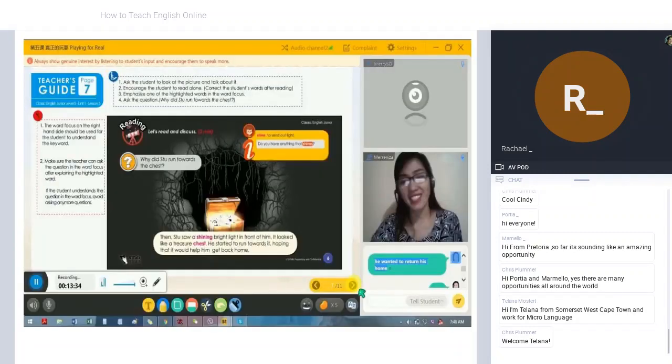So I just wanted to give you a quick look at what the inside of a classroom looks like, or a virtual classroom, for example. So, for example, this place over here, at the top, you can see that you have instructions. Ask the student to look at the picture and talk about it. So you have slides, basically what I'm showing you right now. You work through these slides with your students. If you look at the bottom over here, I hope you can see my cursor, they're on 7 of 11. So this lesson has 11 slides, and you will be given instructions at the top on what to ask, what